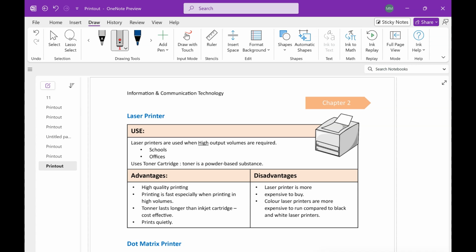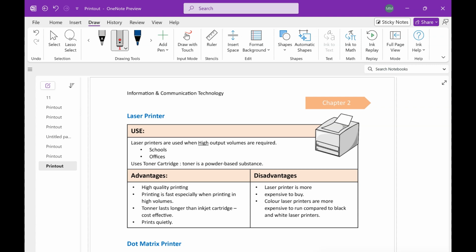If you'd like very high quality, you go for inkjet. Very good. Colorful images, nature images, people images, we normally use inkjet. Even though it's expensive, we know that we are going to print only a couple of pictures. But for past papers and books and notes and the rest of the documents, we go for the laser because